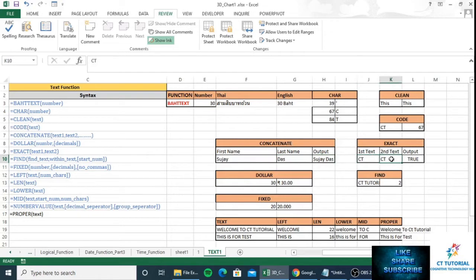EXACT, what will EXACT do? Exact is a function which will help you to understand whether two texts are similar or not. If it's not matching, it will give you an output of false, and if it's matching, it will give you an output of true. So let's see how it works. Just write down here exact, comma,